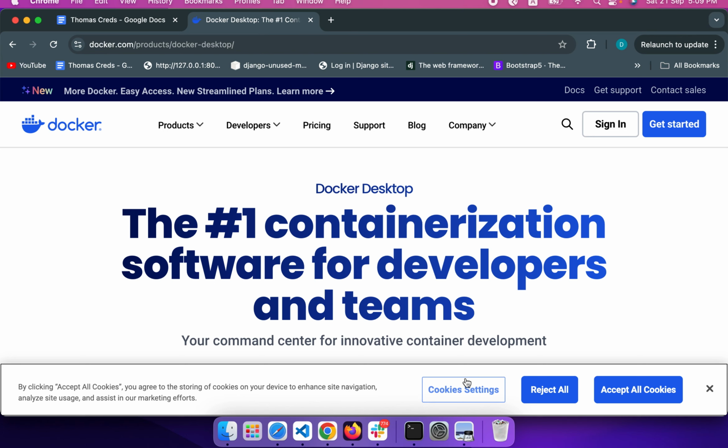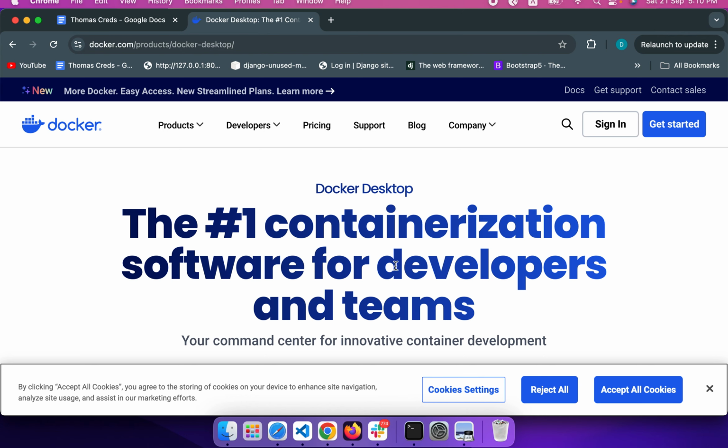In this video I will show you how to dockerize a Django project. Basically, Docker is the tool that helps you package your application and its dependencies into a container, making it easy to run anywhere, whether it's on your local machine, on a production server, or any cloud server. Hopefully, by the end of this video you will know how to set up Docker with Django, making your project portable and easy to deploy.